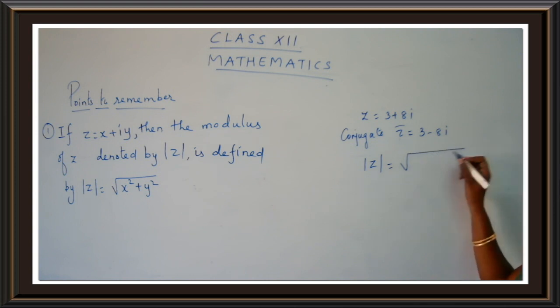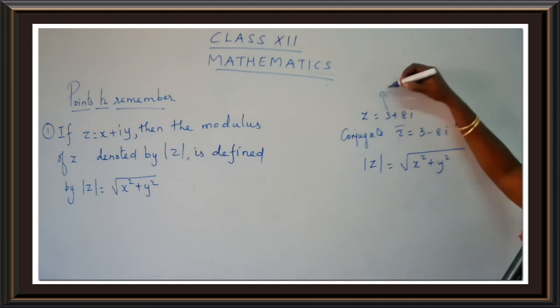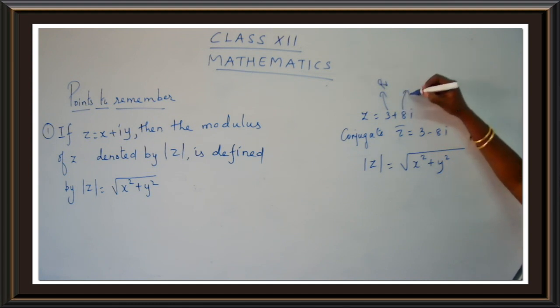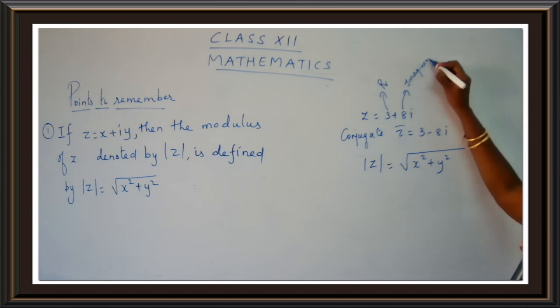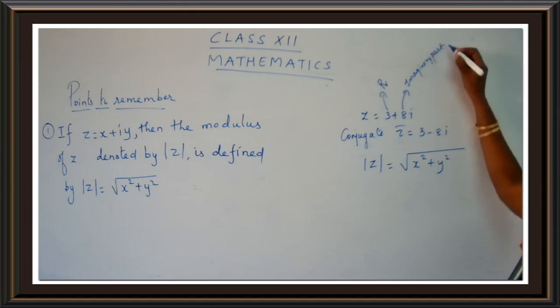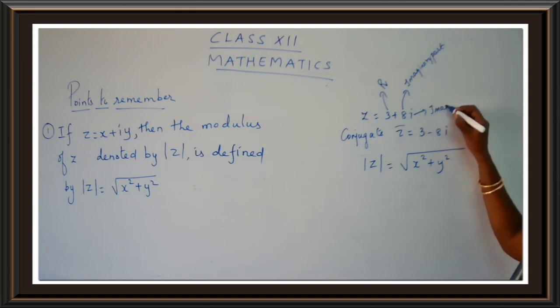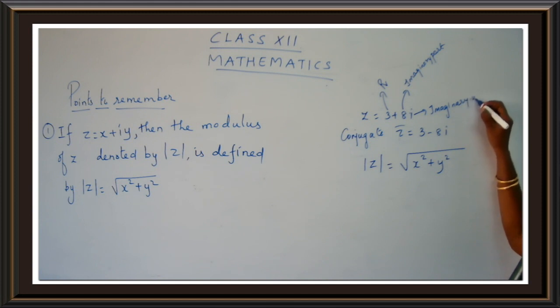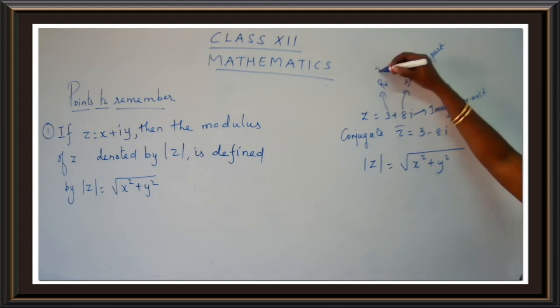Yes children, and I have already told you about the complex number. The number without i is called the real part, and the number with the imaginary unit is called the imaginary part. So this is the imaginary part and the i is the imaginary unit. So again I am just giving you an idea so that you have to be thorough with it. And also I told you that the real part is denoted as x and the imaginary part is taken as y. So you have to take the value from there.